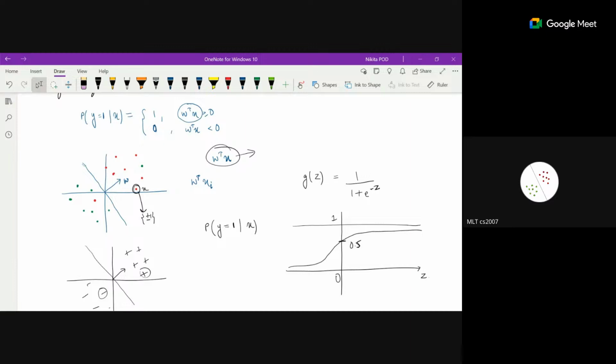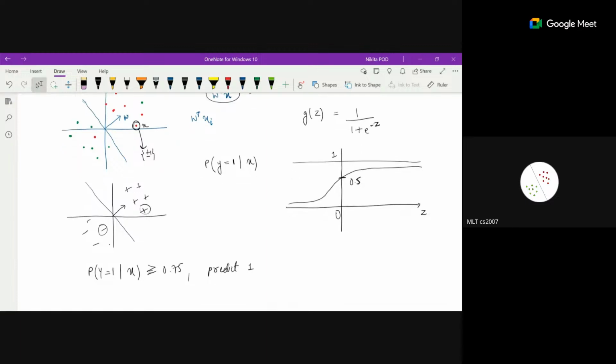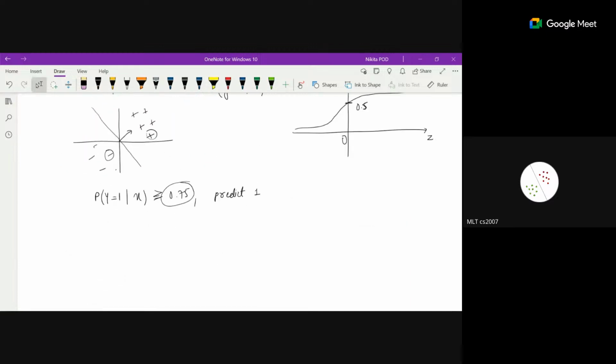Maybe someone puts the threshold that only if I get the probability of y is equal to 1 given x to be greater than or equal to 0.75, I'm going to predict +1. Otherwise, I'm going to predict 0. The threshold is a different thing. Depending on what threshold you use, you're going to predict +1 or -1. Okay, that is different. So from here, what you're just calculating in logistic regression is your probability